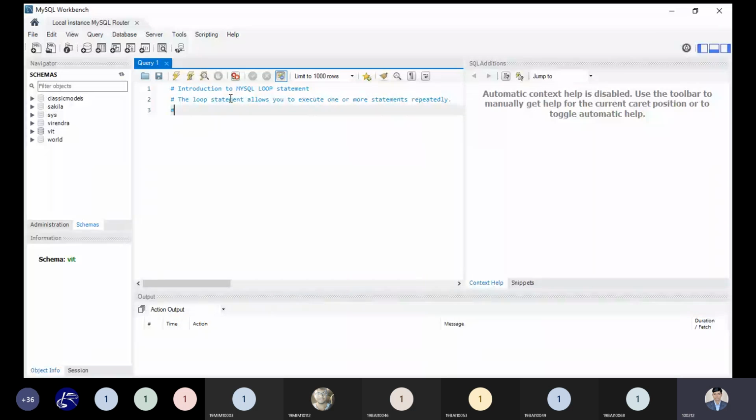We have syntax very simple. I'm writing the syntax over here. Now see how to start. First, you have to use the begin label, so this begin label uses a colon, and then there will be the keyword LOOP, and here inside this loop